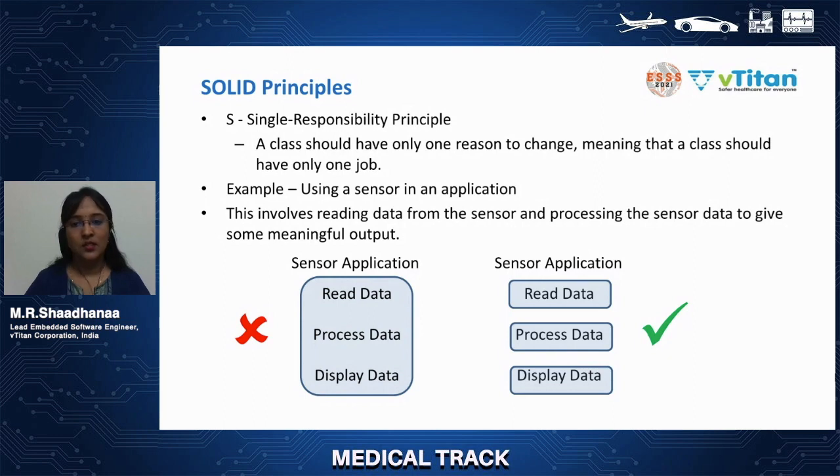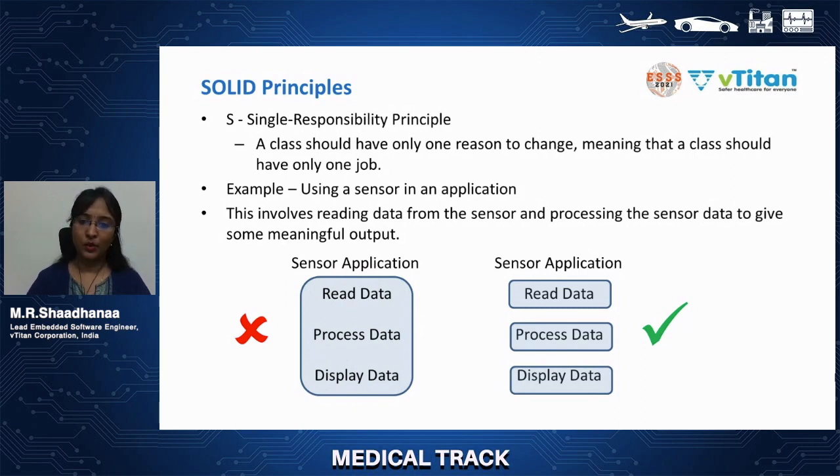So this promotes code reusability. The next one is that it reduces code complexity. Code complexity plays a very important role in testing also. For example, let us consider unit testing. When we do unit testing for any particular section of code, we write test cases, and the tool will generate some instrumented code. When we consider the sensor application, we have to feed in a large set of data to mimic the real-time analysis of the sensor application. So in that case, I have a large set of data.